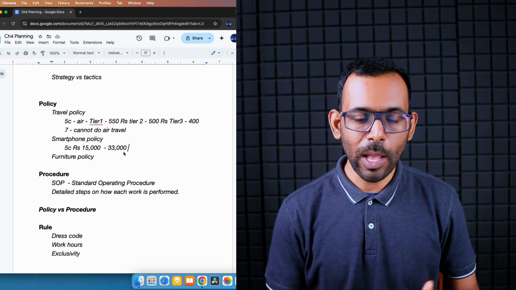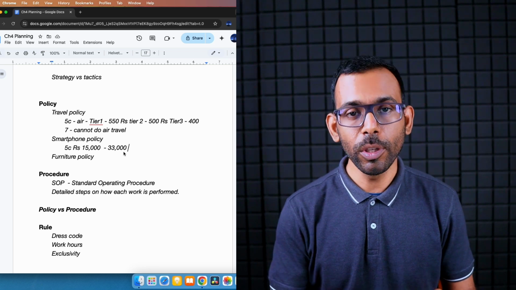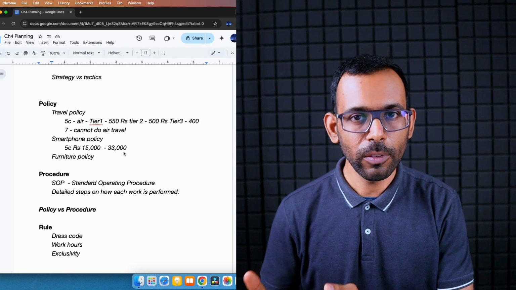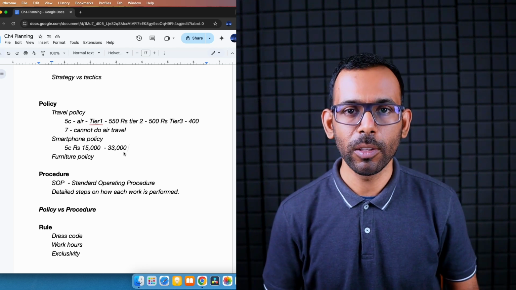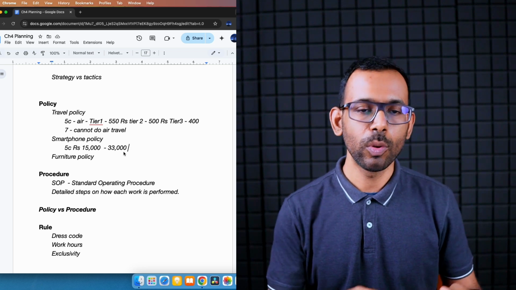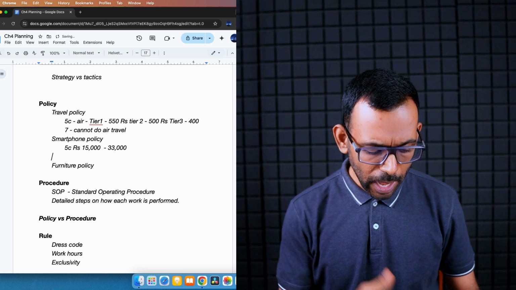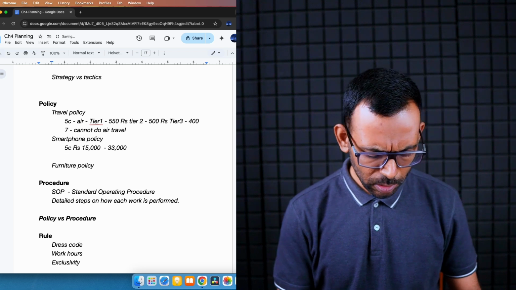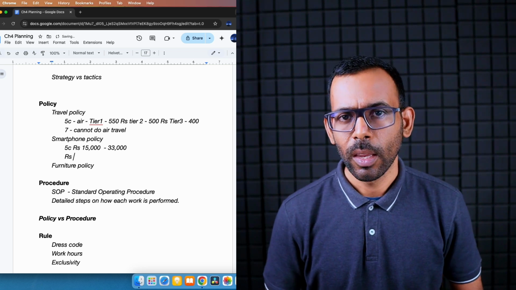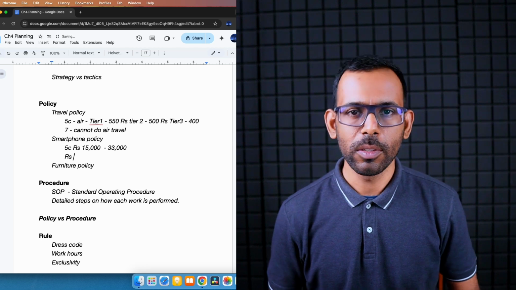So I also happened to work for 2 years after I bought the mobile. So the condition was to be for 3 years to get this full benefit of 15,000. So I stayed only for 2 years after I availed this policy. So while I came out of the company, I had to repay almost 2,700 or some 3,000 rupees back to the company. So this is how the smartphone policy worked.